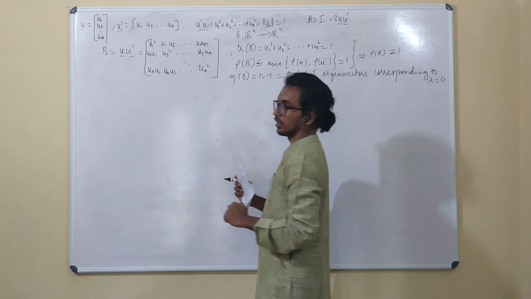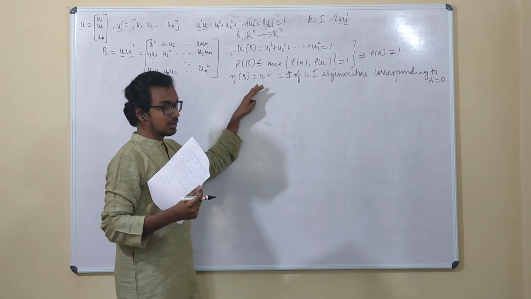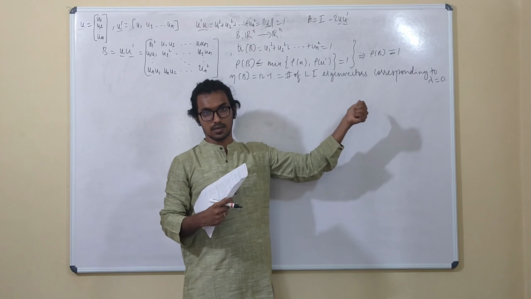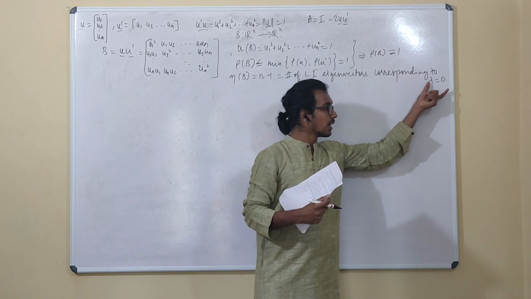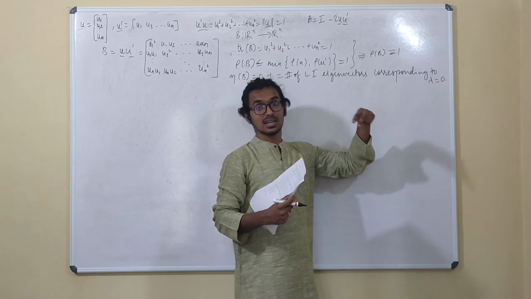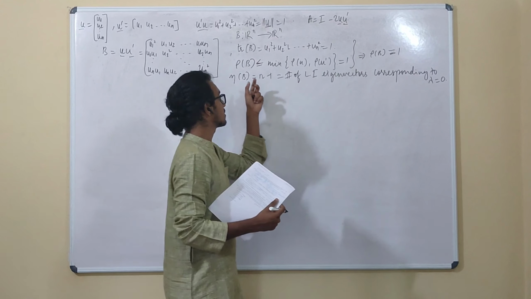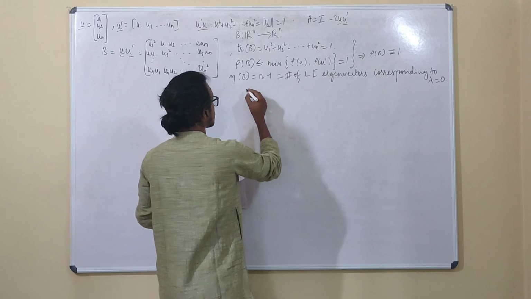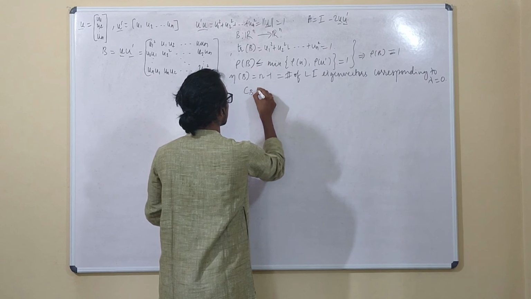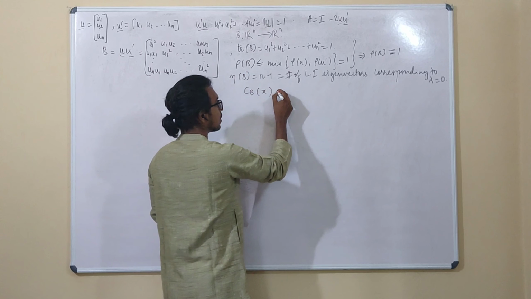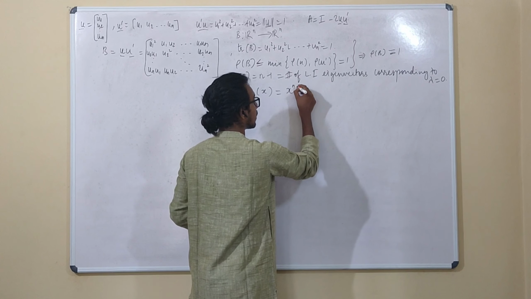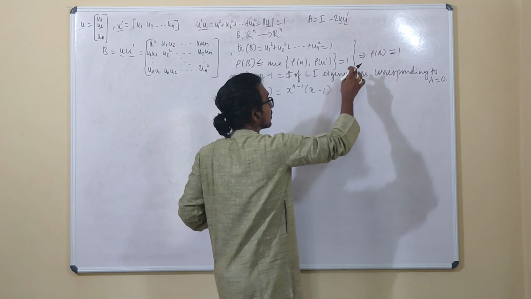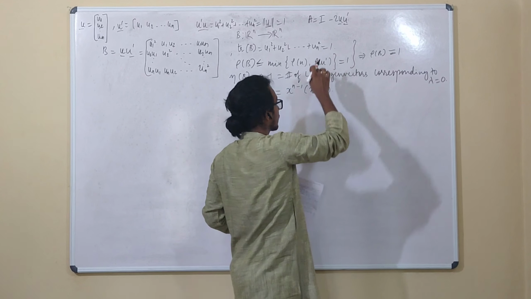Okay, the nullity is non-zero only when 0 is an eigenvalue, and corresponding to that eigenvalue 0, the number of linearly independent vectors decides that count, which is the nullity. Okay, so which means the characteristic polynomial of this B is x to the power n minus 1 multiplied with x minus 1. How do we get this? Since the trace value is equal to 1.